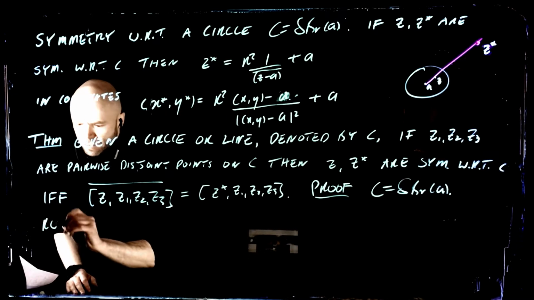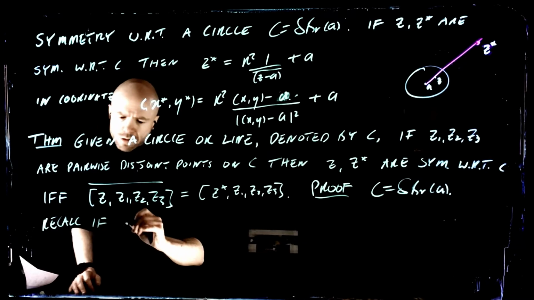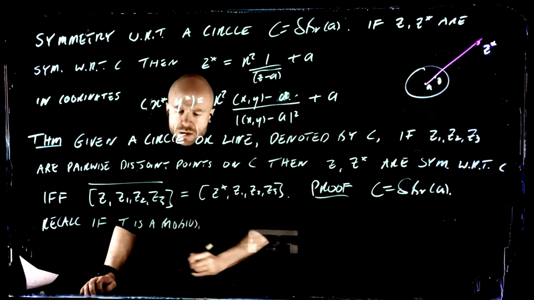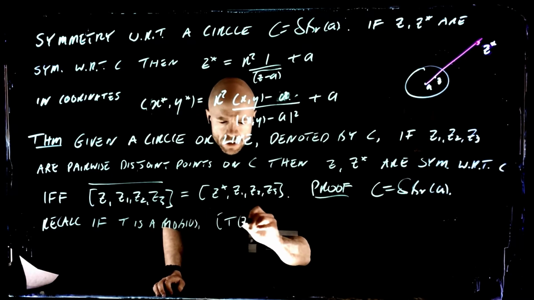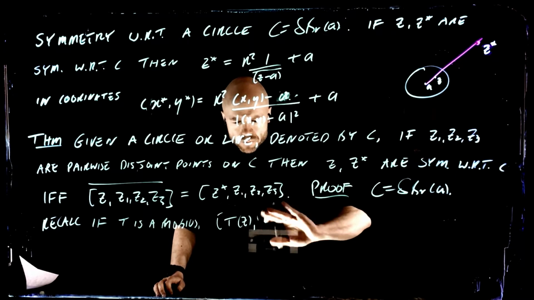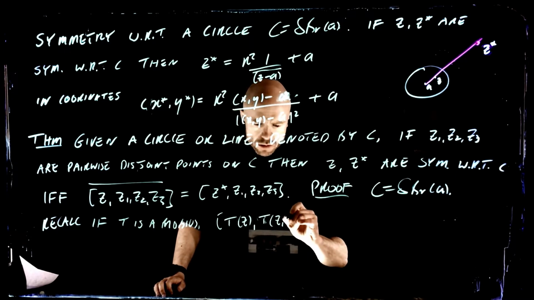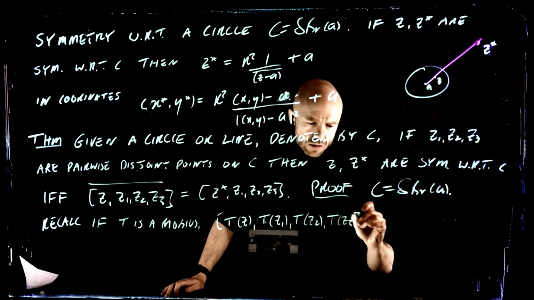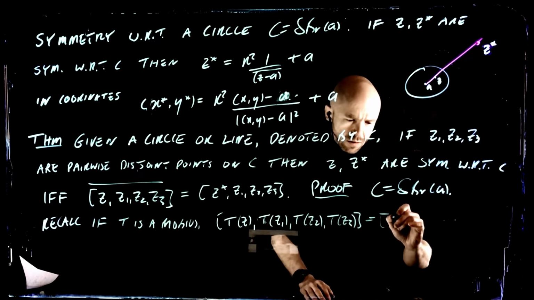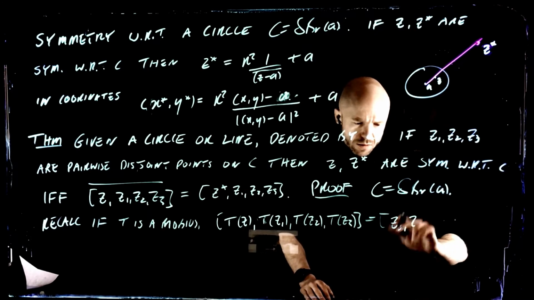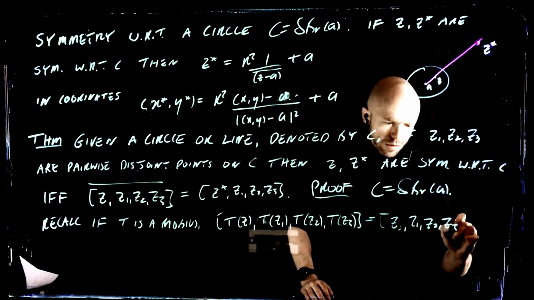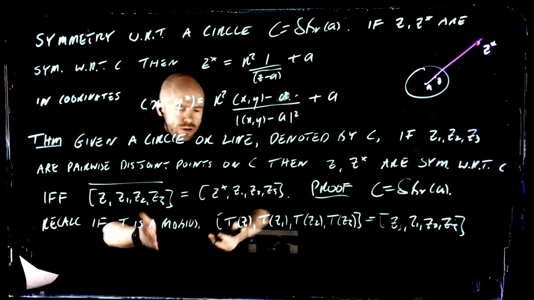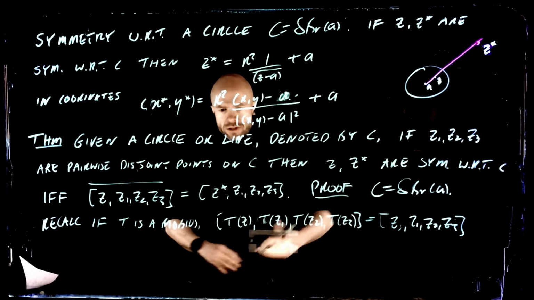So recall, if T is a Mobius transform, then we found out that the cross ratio of T of Z, T of Z1 and so on was the same as this thing. That's what we learned, right? That's a theorem from last time. So that allows us to do these kinds of transformations of this